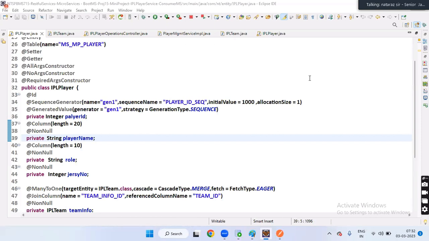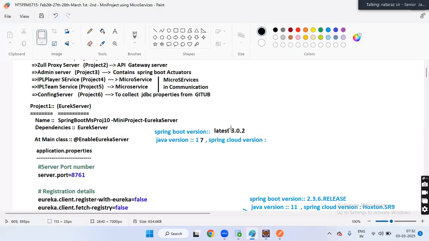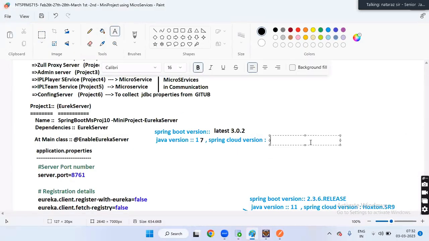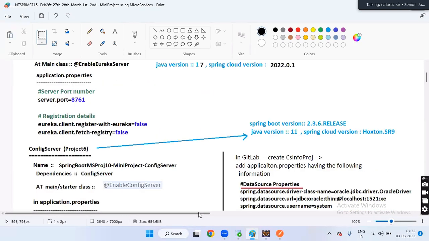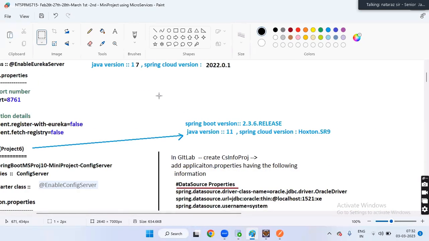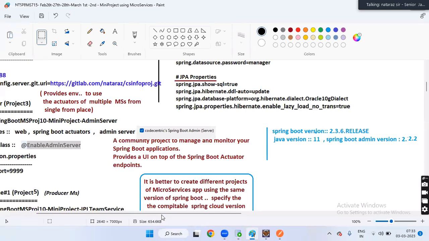Okay, Spring Cloud version 2022. When you get errors, don't give up. That's what I'm trying to say. Yes, boss. Okay, sometimes it will check your patience, guys. Like yesterday, I think first time it happened in our batch, right? Okay. Yes, boss. Next.